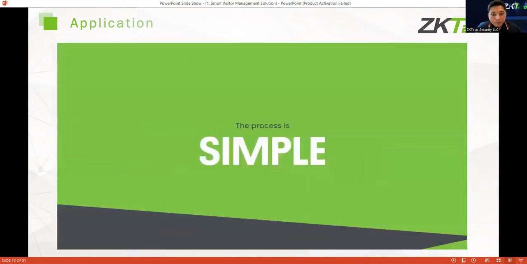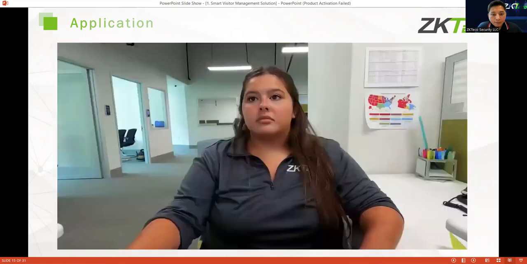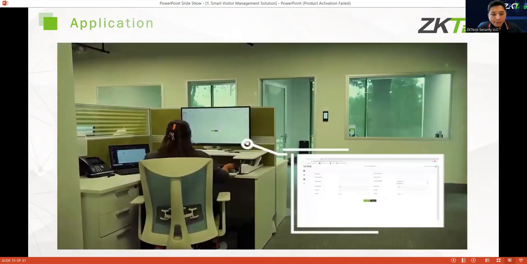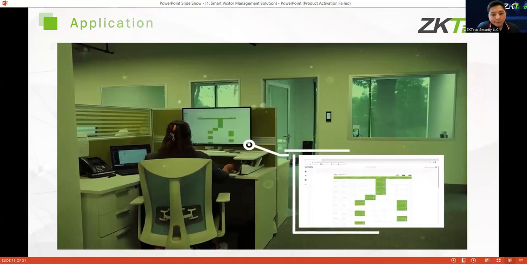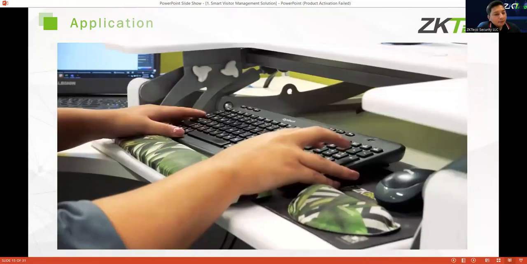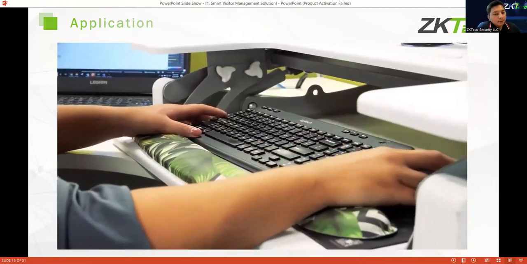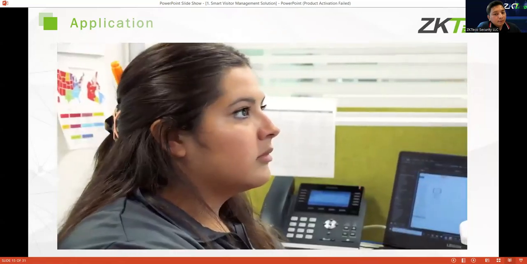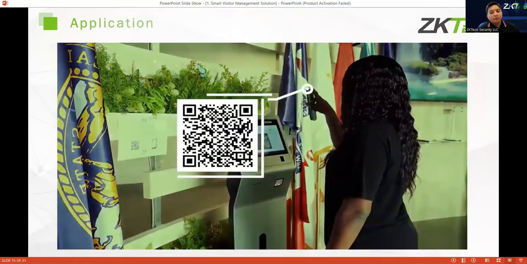The process is simple. Prior to visitors arriving for their appointment, their host will send an invitation to their phone which contains a unique QR code. Creating the invitation is quick and easy. When the visitor arrives, they display their QR code to the kiosk.